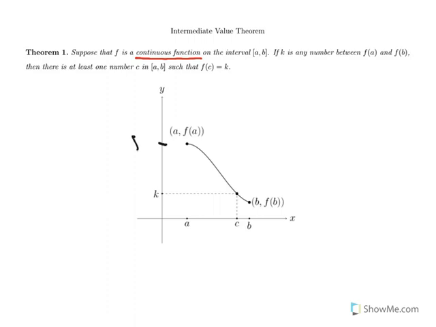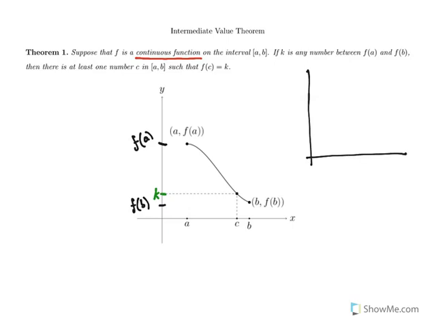So let's take this picture, let's label a few more things. We're looking at function values here. So here is f of a, down here is f of b, and we're saying that if we take any value in between those two, how about k, then we know that the function value has to hit that value k at some point because we're in between f of a and f of b. And what I would urge you to do to understand this even better is draw a little picture on your paper